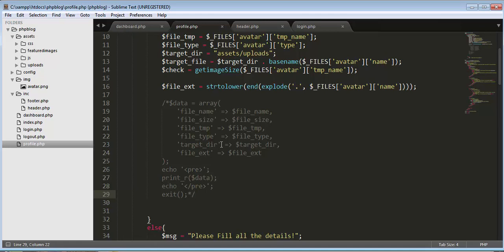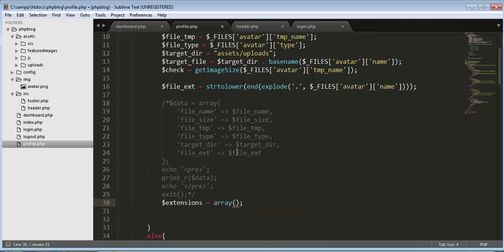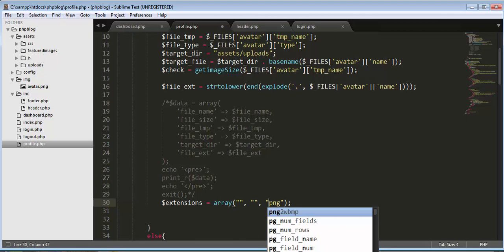Okay, like PNG, JPG, JPEG. So we can allow only those images which have the format of JPEG, JPG and PNG. Now let's start an if condition. If in array, then file extension. If the extension of the file will be one of the extensions from this array, then okay,